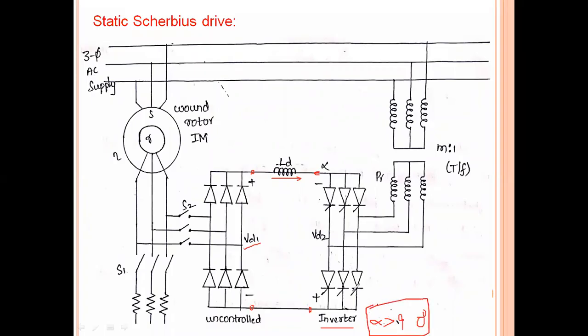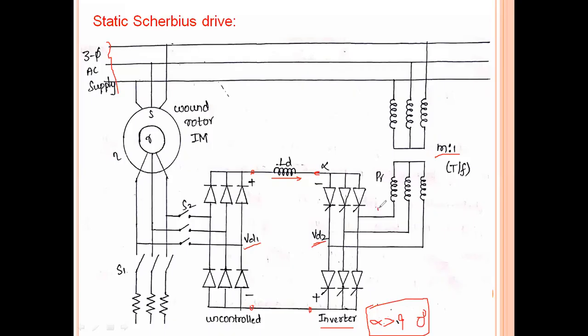Right? So in the inversion mode, we need to operate this full controlled converter. And the input voltage to this full controlled converter is VD2. Based on this VD2, the full controlled converter operates in the inversion mode, and its output is given to a transformer with M:1 turns ratio. And this transformer helps the voltage to boost up to balance the three-phase AC supply. That means, in the rotor part, we will have a small value of wastage energy. Less amount of energy is wasted on the rotor part.